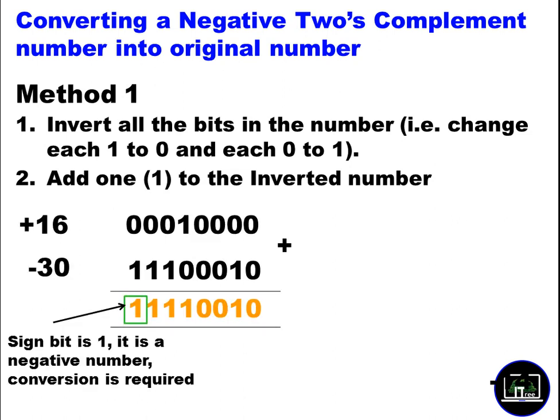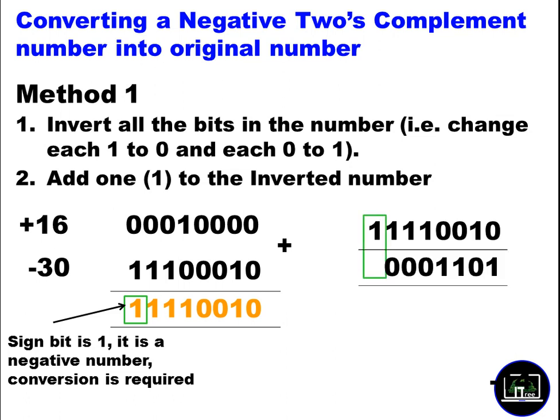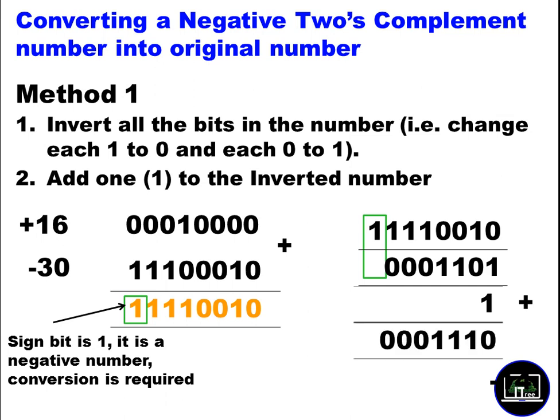So now it doesn't need additional circuits to do these operations. We'll see this example now. Sign bit is 1. It's a negative number. Conversion is required. First invert, then add 1 to that. This is the answer. So it's a negative number. It's negative 40. So this is the first method: invert the number, add 1 to that. This is the most simple and convenient way. Normally the computer will carry out this method.